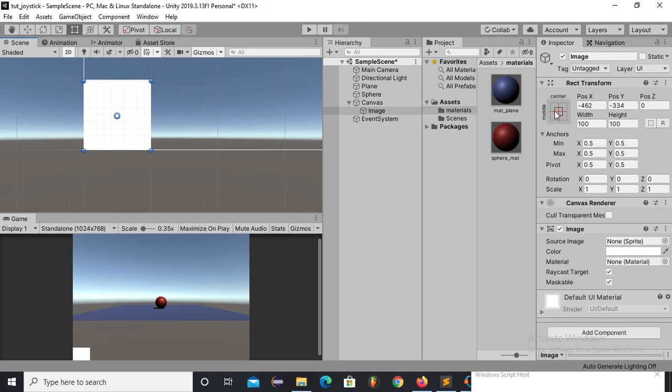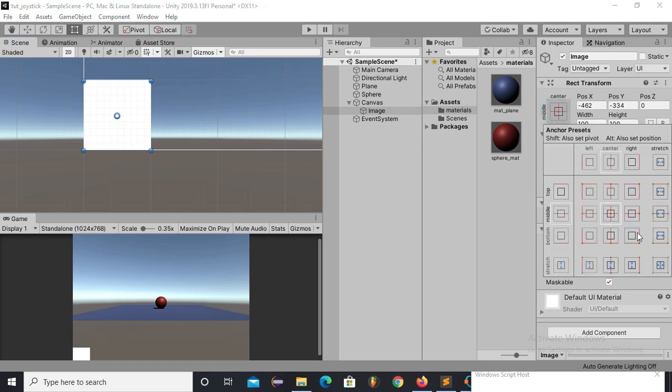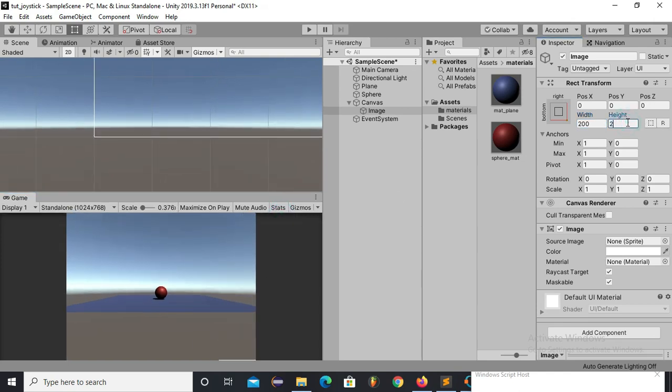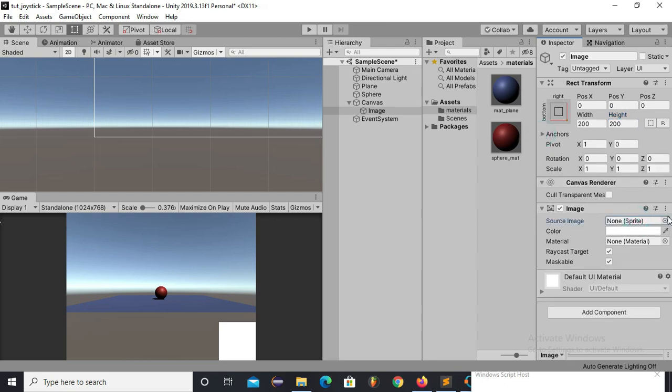So first of all, I'm changing its anchor position to the right corner, and now I change its position in X and in Y. Height and width are also changed, and now you can change the source image.